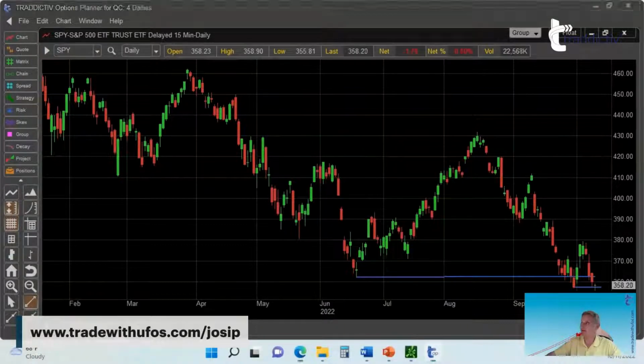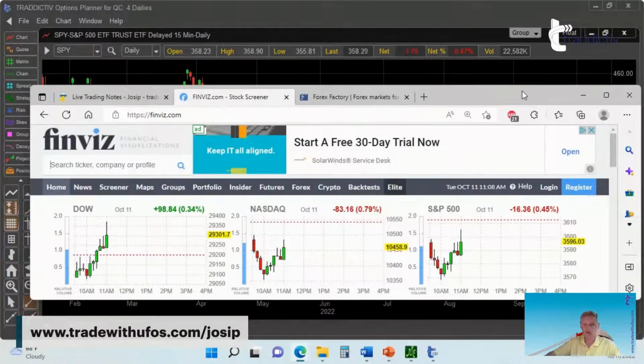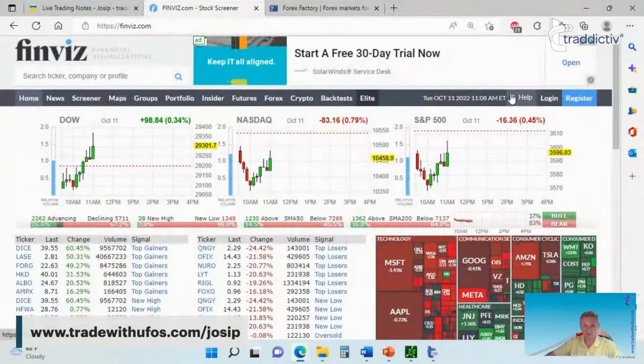And I think at this point it would be appropriate if I bring up the FinViz and just show you what the FinViz is doing. So now we are no longer looking at the monthly, we're no longer looking at the daily, we're now looking at today's price action. And as you can see, every one of these markets has gapped down this morning. The dotted line represents the previous day's close and where we opened. Now notice in the morning today, all of these markets, hi Jeff, good to see you, have gapped down.